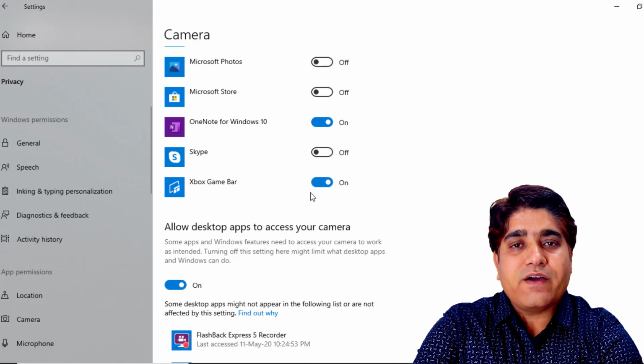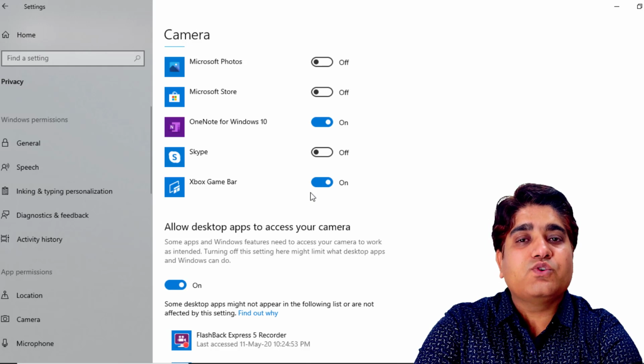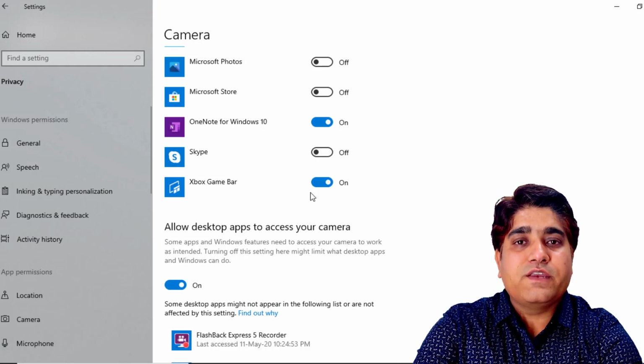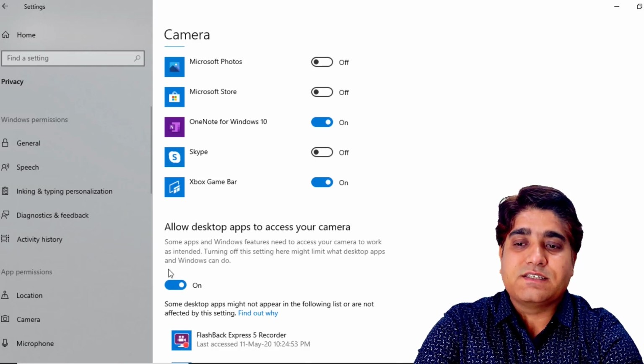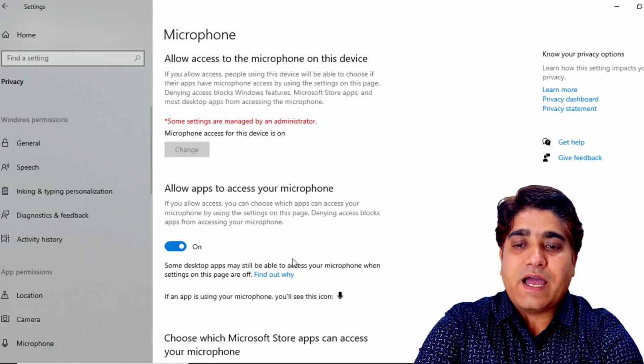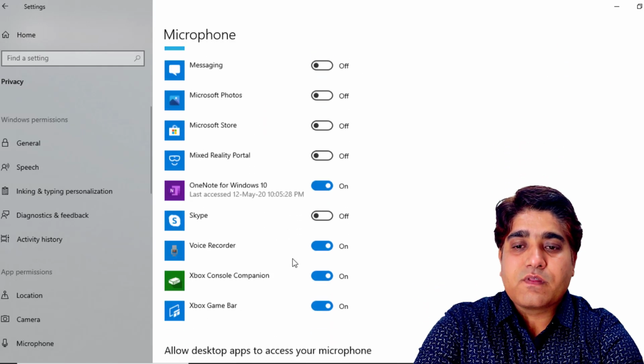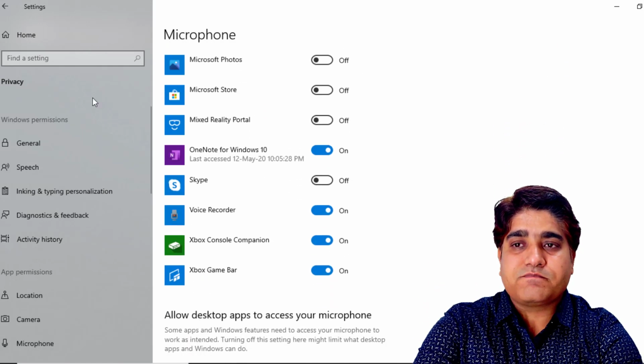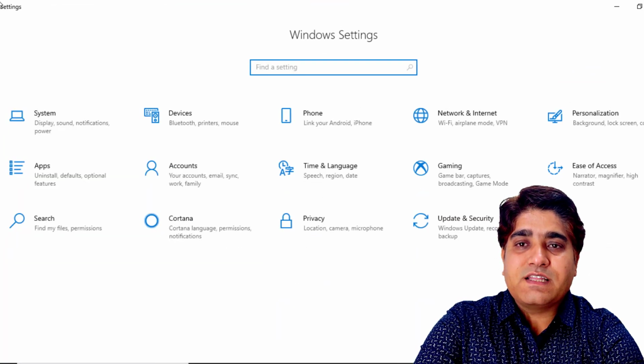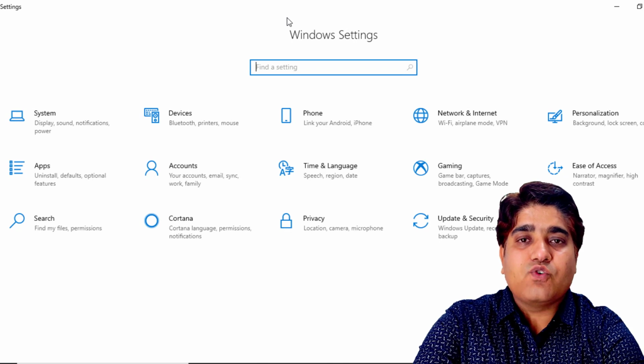If you have such permissions disabled on your desktop or laptop, then you have to enable those settings. Similarly for the microphone, I have to check again. We have given permission.